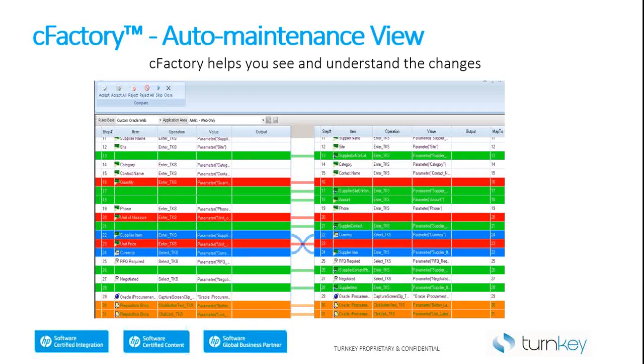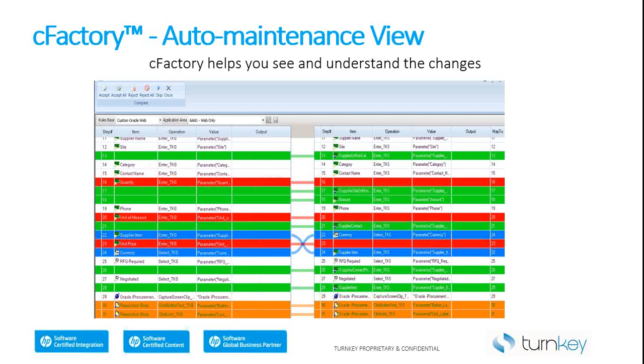So as you can probably figure out, green means a field has been added, red means a field has been removed. Blue means that the order of operations changed. Orange, I think, means the data type has changed. This screen's a little bit busy. I tried to throw an example of each of the changes, so typically they're not this busy. But it gives you an opportunity to examine the changes, and you can either accept each of those changes one by one or accept all. And once that's done, then the component gets updated in the library, and again, every test that uses that gets updated as well. So it's that simple to detect, update, and propagate out to every test a change.